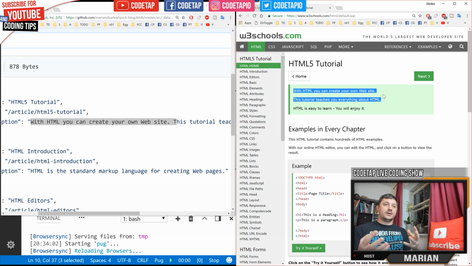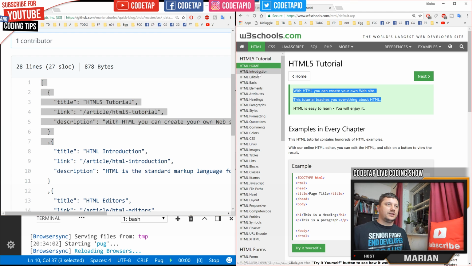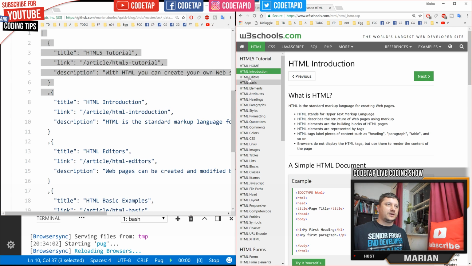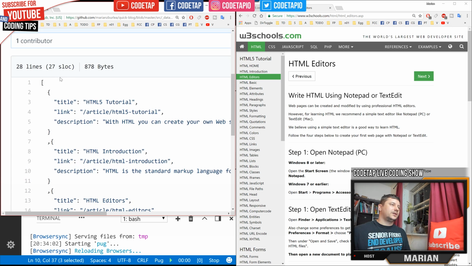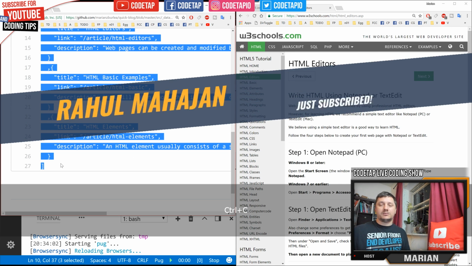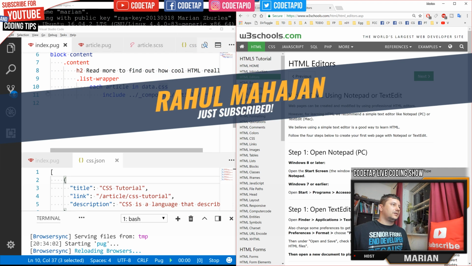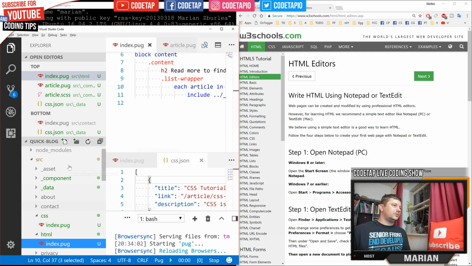I read through it. I selected whichever I thought made sense. And well, it might also be from my own thoughts. I'm just trying to speed up the development over here. So let's just grab everything, because that's like HTML5 introduction, HTML5 editors. So that's what I've done. I've either copied it from over here, or maybe I wrote it from my own thoughts, and it doesn't really matter. Let's go in here and create into the data